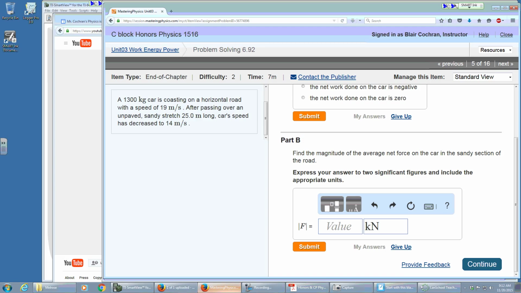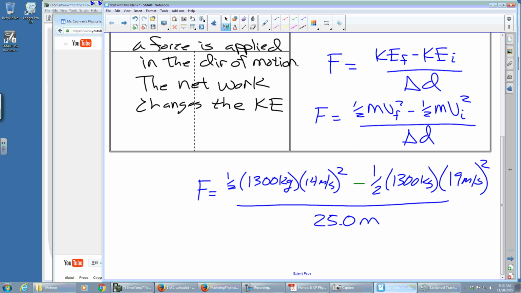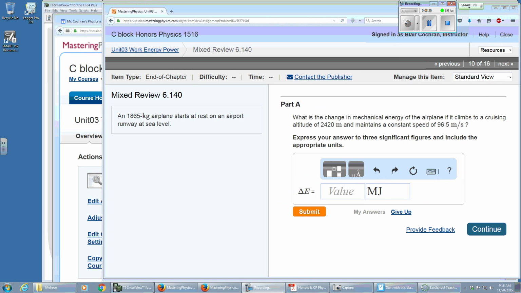Well, let's see. What does it ask for? It asks for the magnitude. So positive, or we can think of it as sign neutral, right? And look at the variable that they show you. What do those two lines on either side of it mean? Absolute value. So make sure you put in the positive value. All right? Good. That should do it for that one, unless there are questions.